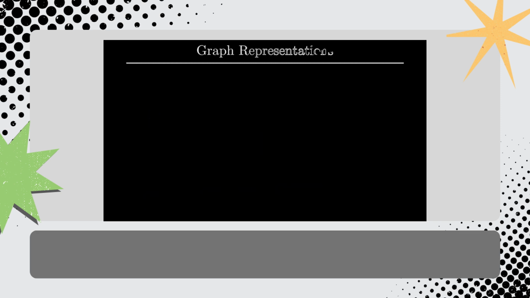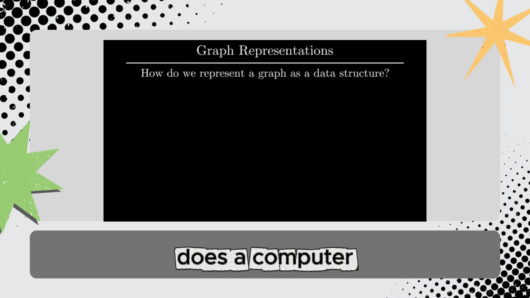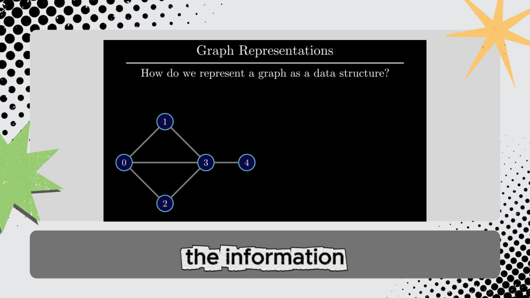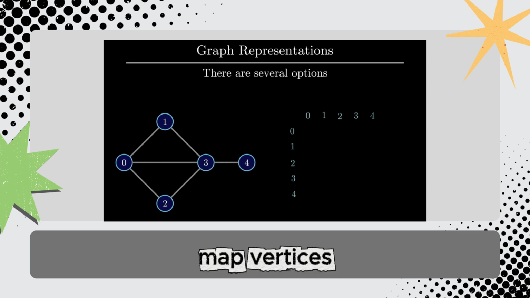Let's now move on to some more hands-on ideas. How does a computer represent a graph as a data structure? Take for example the following graph. How would you go about organizing the information in this graph on a computer? Turns out that there are several separate ways to do this, and some of them are better than others depending on the context. The first idea that is quite natural is to map vertices to one another through a matrix,